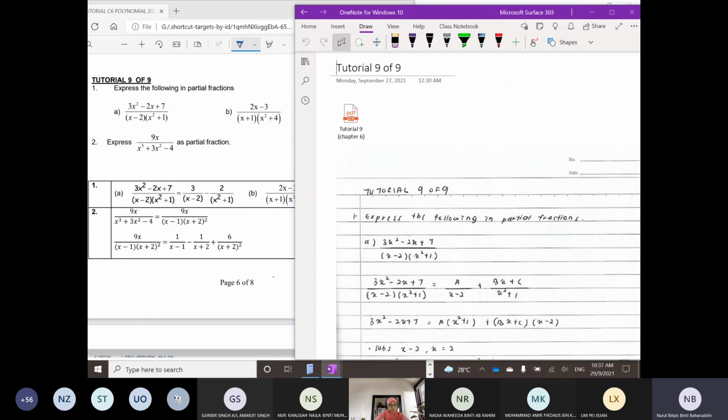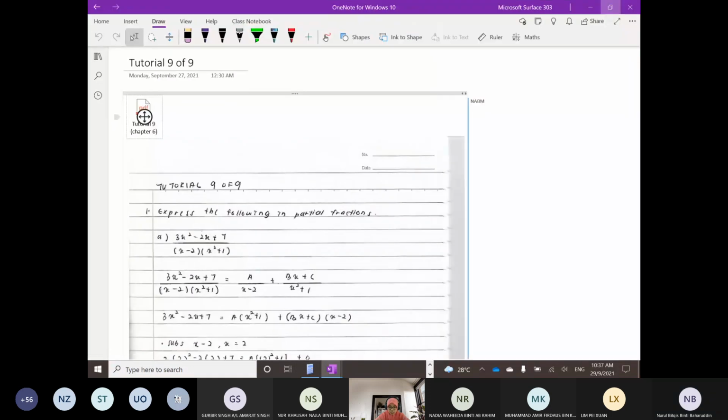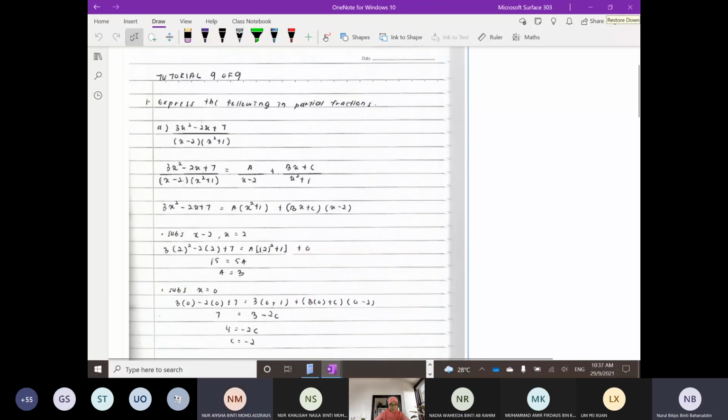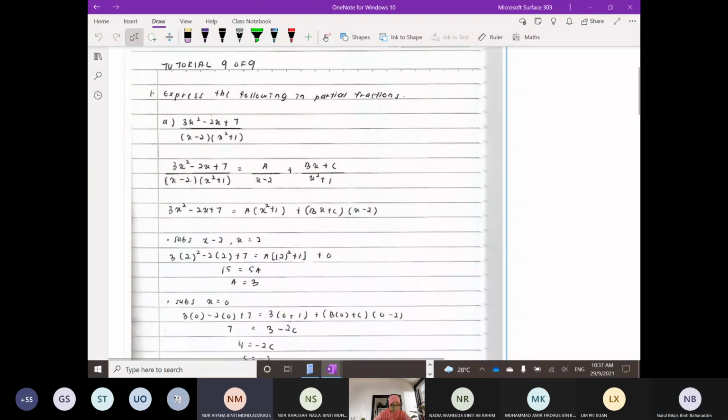Okay. So, please read the question. Express the following in partial fraction. Number 1A: 3x squared minus 2x plus 7 over x minus 2 and x squared plus 1. Okay, tengok denominator dia. Dia bukan repeated linear. Dan kita asingkan dia A over x minus 2 and bx plus c over x squared